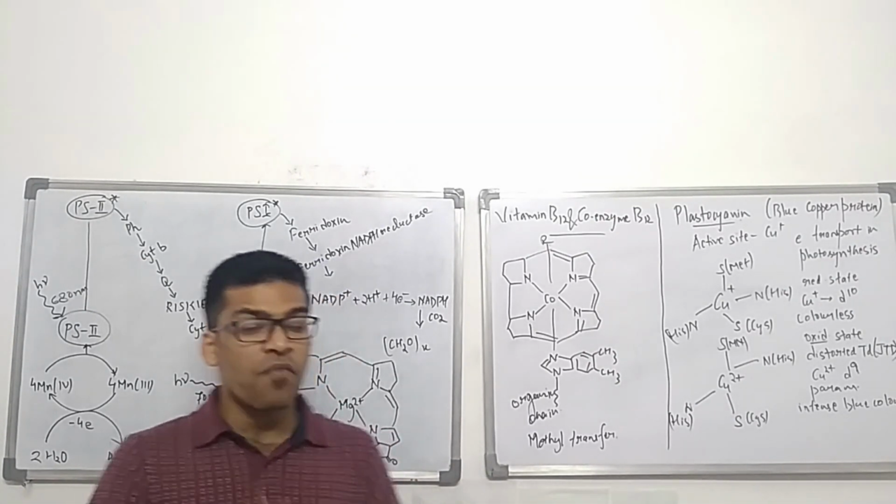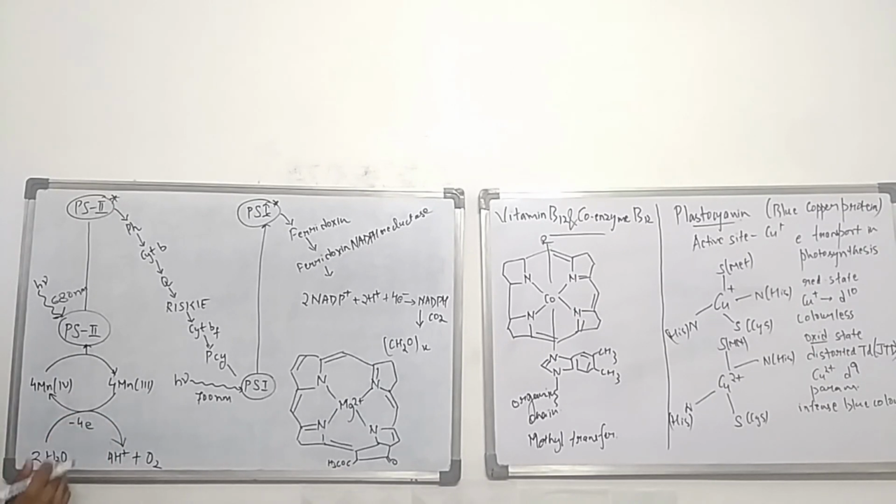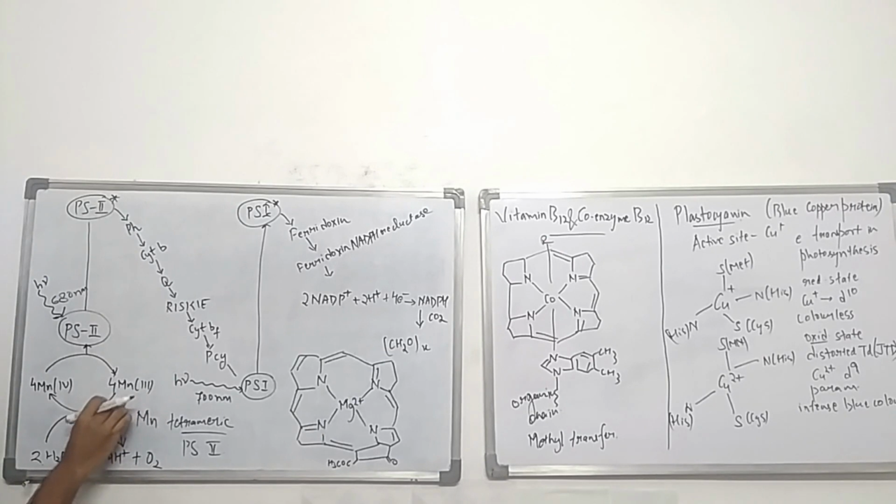But unlike the number, photosystem 2 occurs first. So this part is photosystem 2. Now what is happening is 4 electrons are released from water. Oxidation of water is occurring, producing 4H+ from 2 water molecules, giving out 4 electrons. Now these 4 electrons are taken up by a manganese cluster, a manganese tetrameric cluster, which is a part of photosystem 2. It takes up the 4 electrons,